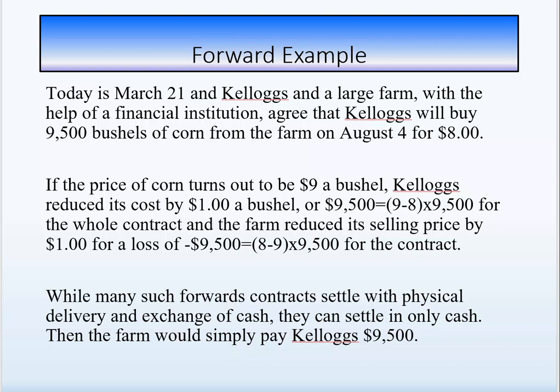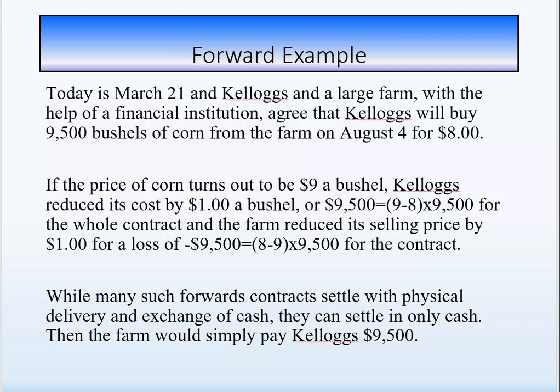So let's assume today is March 21st, and Kellogg's, a large cereal maker, and a large farm agree, with the help of a financial institution, that Kellogg's will buy 9,500 bushels of corn from the farm on August 4th for $8 a bushel. The value of that contract is zero at this moment. No cash changes hands. Both Kellogg's and the farmer expect the price of corn to be $8. And so the farmer is going to receive $8, and Kellogg's is going to give up $8 per bushel on